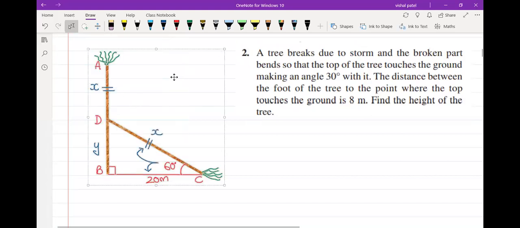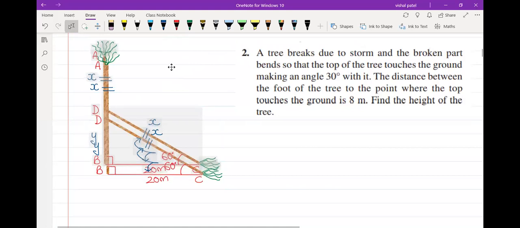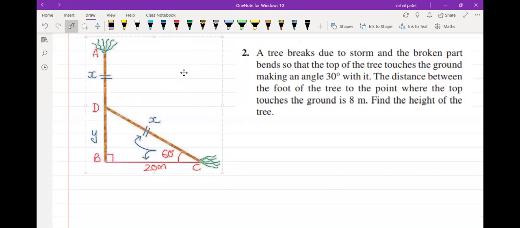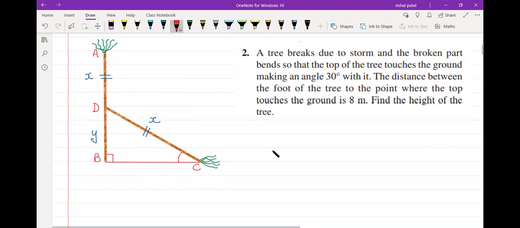Okay, now this is a diagram, students. Okay, just wait. I've taken down the diagram. Okay, now there are certain changes. This sum I've already shown to my SSC students. So the diagram is same. First, let me change the values. Okay, let me remove this. Okay, now let me put the correct values.